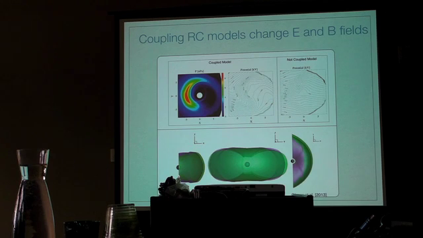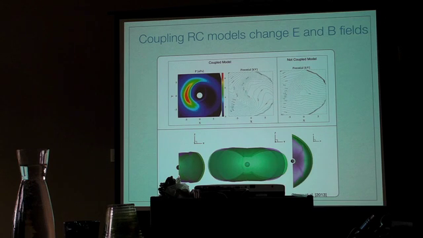If you look at the last closed field line, these iso-surfaces are showing the last closed field line when you're coupling the ring current model and when you're not. Coupling is green and no coupling is purple, and they're translucent, so you can see them on top of each other. And you see the magnetosphere becomes blunter, the standoff distance increases, and so you have a number of